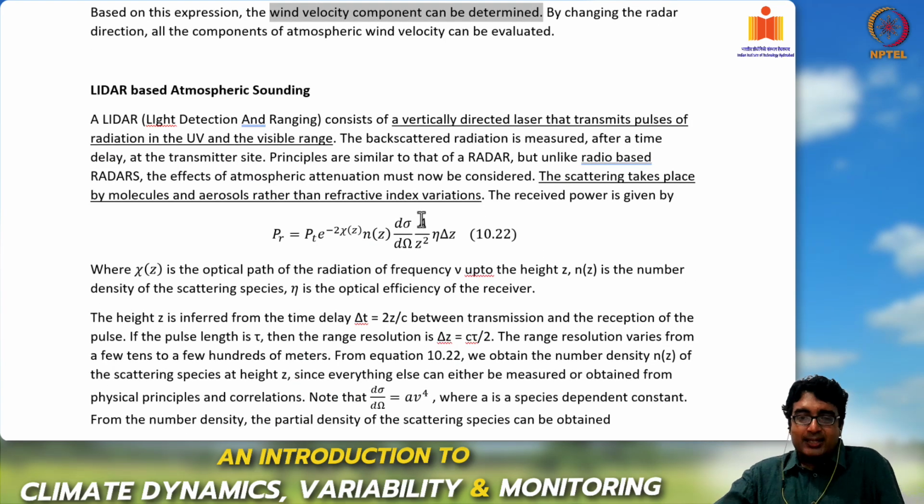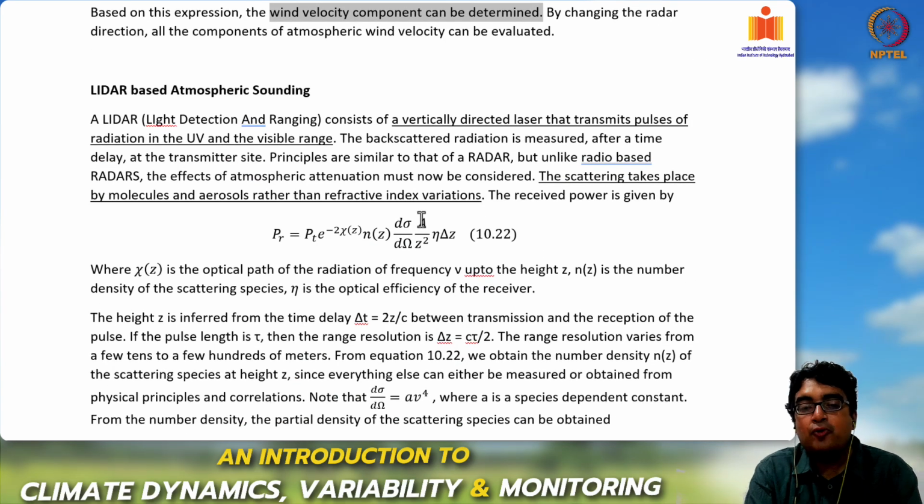Okay. The last remote sounding ground based system we will see is Lidar, light detection and ranging. This is also an active atmospheric sounding technique where we are doing vertically directed